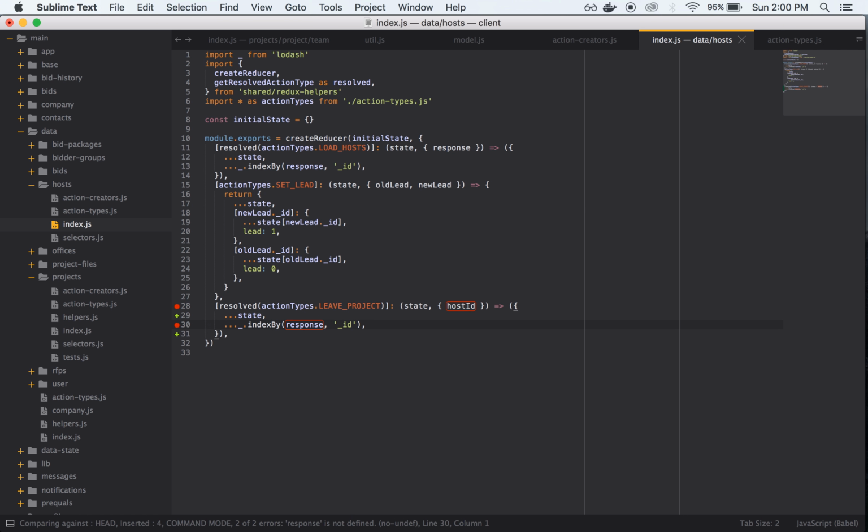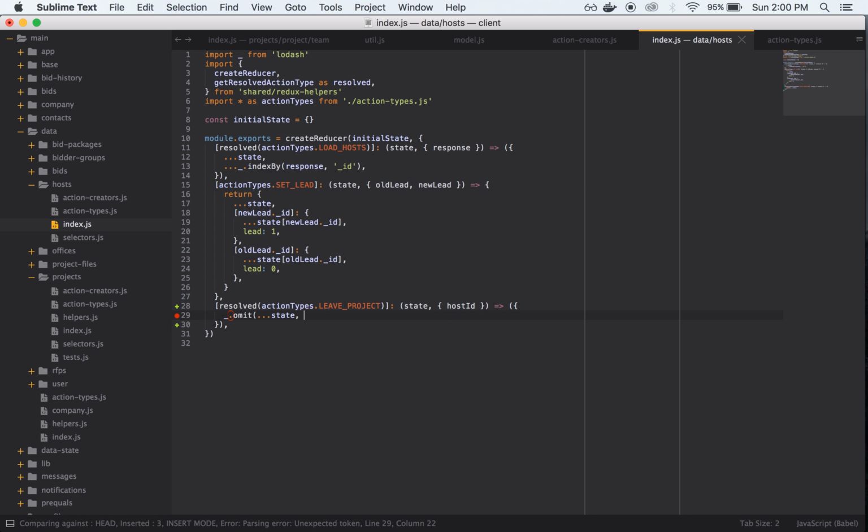How do I remove, omit. I think I do an omit. Yeah, see, it's just a map by ID to the hosts. So I think I'll return lodash.omit